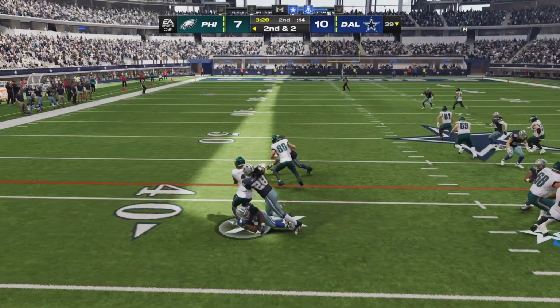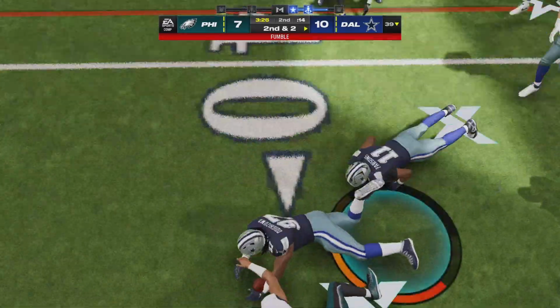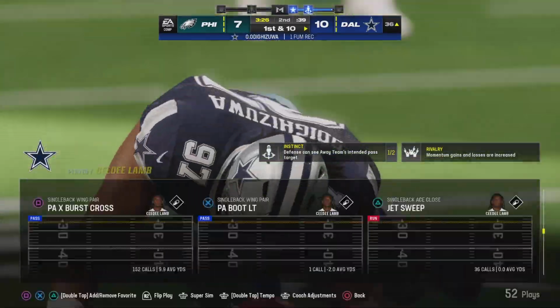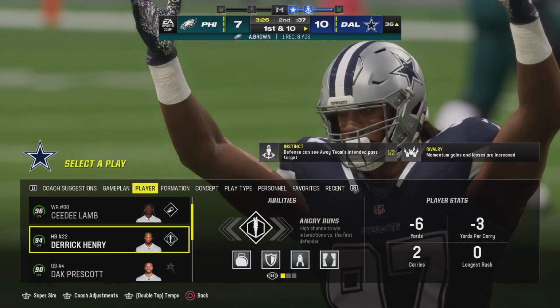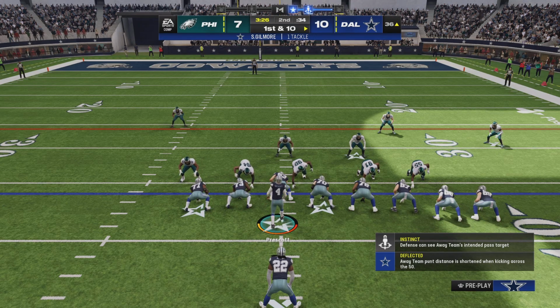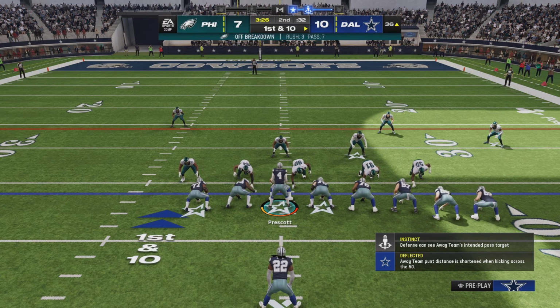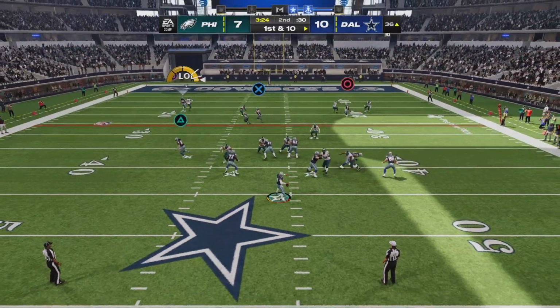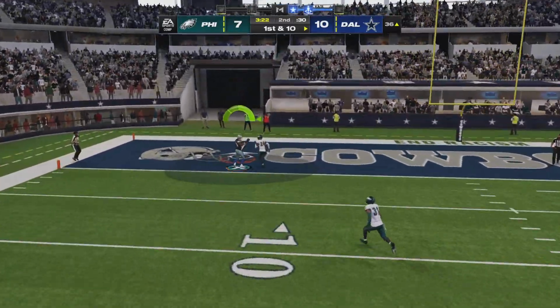They run the option on 2nd down. Hurts fumbles it. It's picked up by the Cowboys. And they take possession of the football and have it at the 36-yard line. So that play, I mean, it was pretty well blown up from the start, and it results in a turnover. Yeah, when you're running the option like that as a quarterback, you have so many different keys and reads to make that sometimes as you're making...